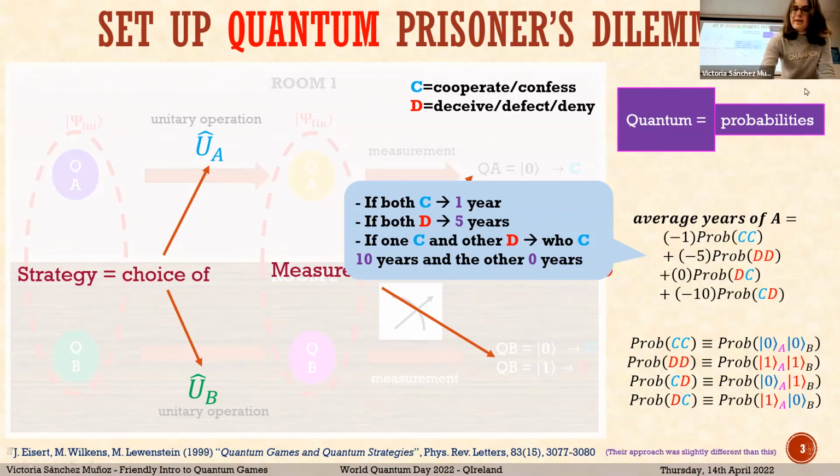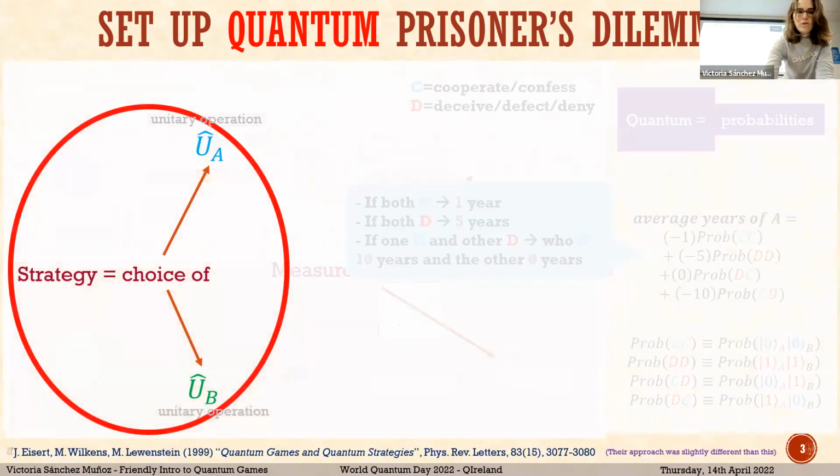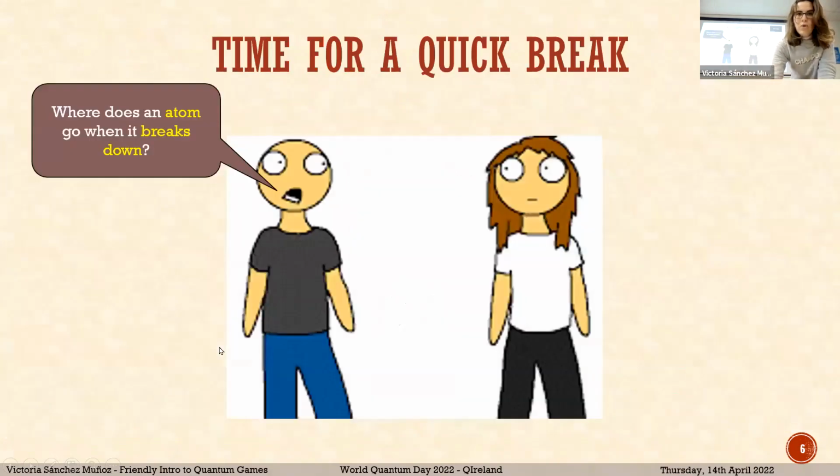So yes, I was saying the average years in prison is just a probabilistic process now of something happening in the quantum setup. Okay, so that's great. Now let's look at what this strategy choice of the unitary operations means. But before we go into that, I need to take a quick break